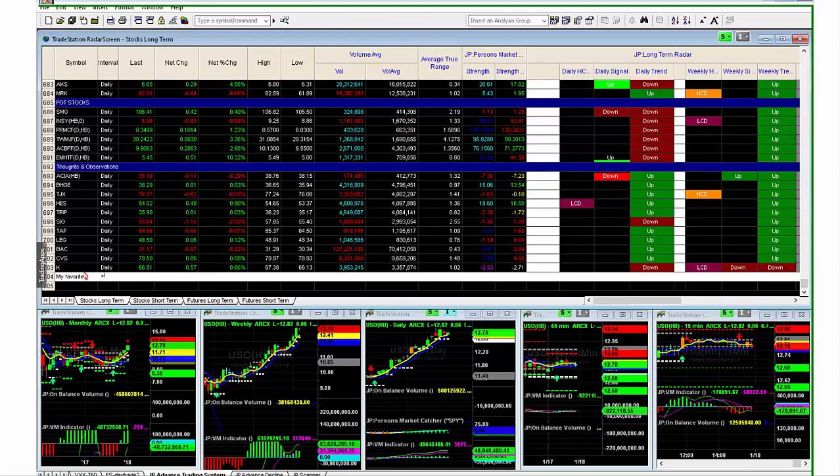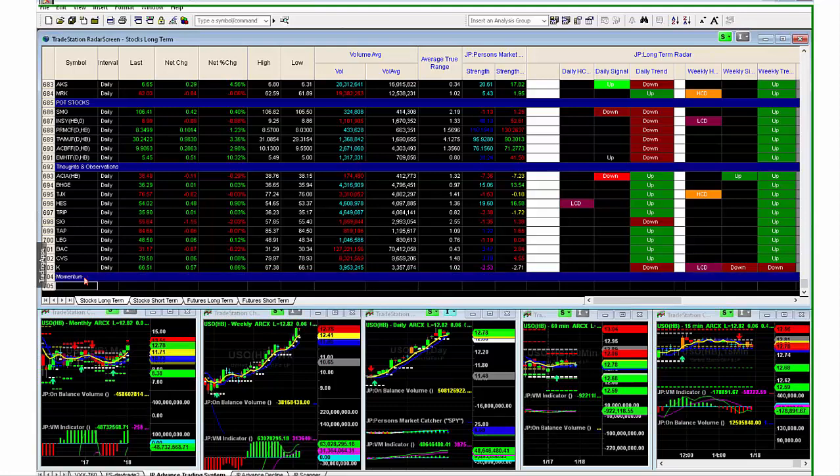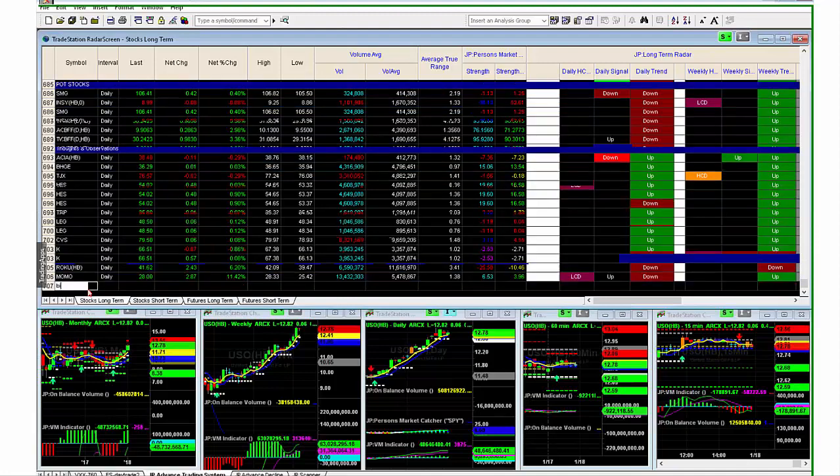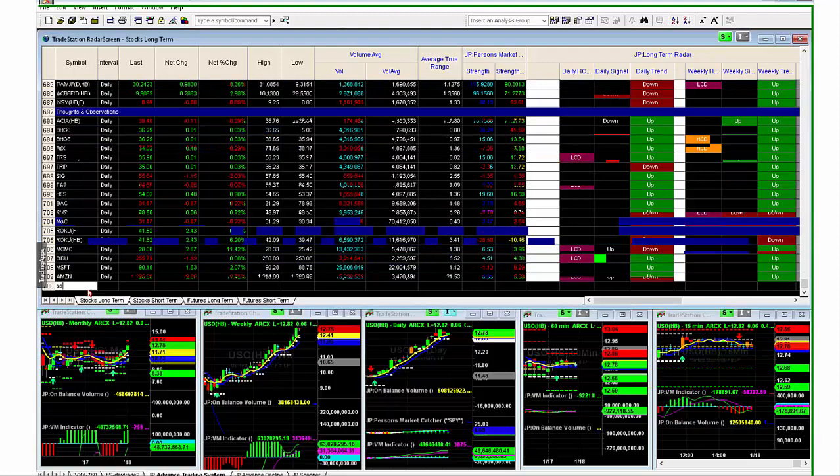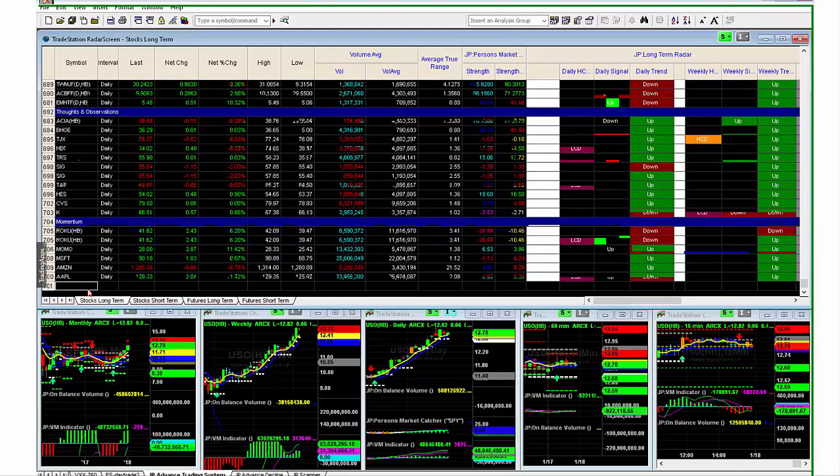Momentum. And, well, that's too much. Go back and just say momentum. You can type over it, and then I want everyone to realize what I've just done. I've created, and I can now create, a new list of stocks that I want to analyze for end of day. So whether a momentum stock is ROKU, Momo, Baidu, MSFT, Microsoft, AMZN, or AAPL, if that's what you're watching as your momentum stocks, then